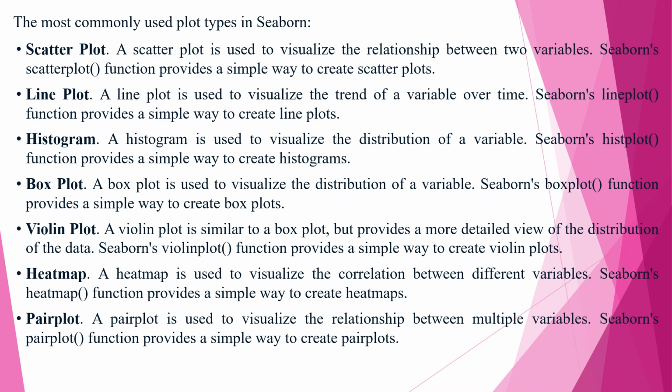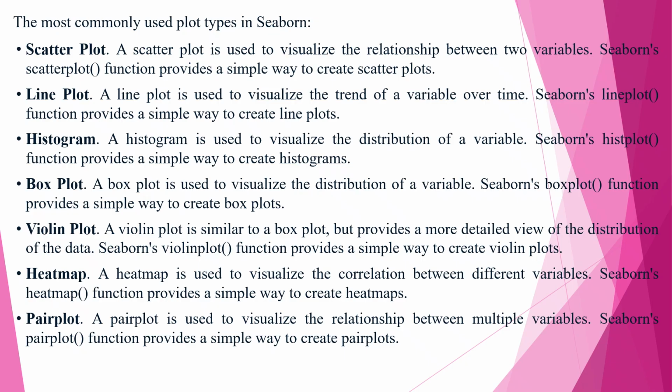Seaborn provides several commonly used plot types that help in analyzing and understanding data effectively. A scatter plot is used to show the relationship between two variables, while a line plot helps to visualize trends over time. Histograms are used for understanding how data is distributed, and box plots provide a summary of the distribution, including spread and outliers. Violin plots offer a more detailed view of the data distribution by combining features of box